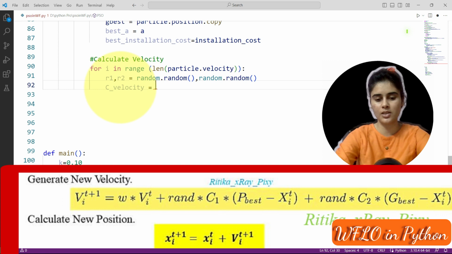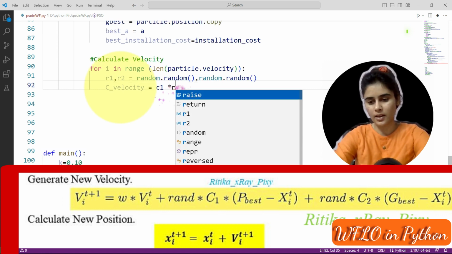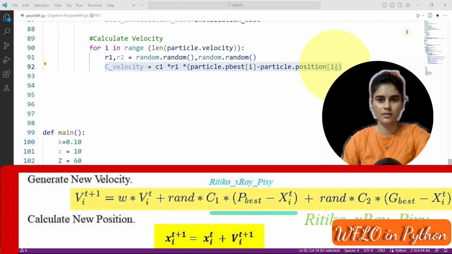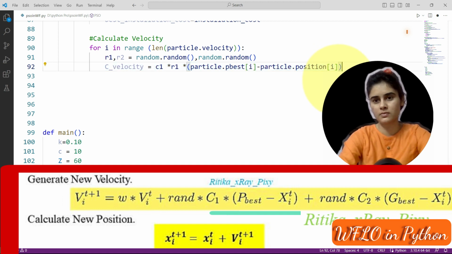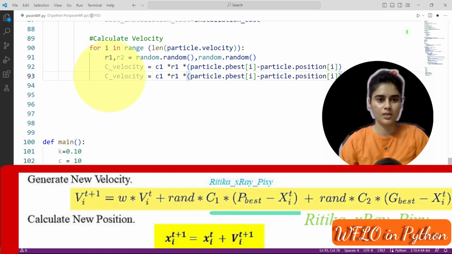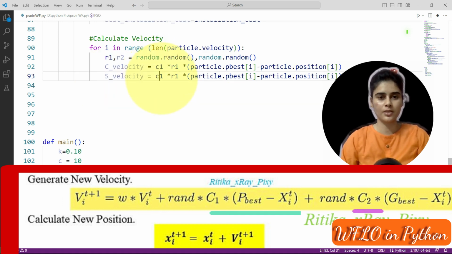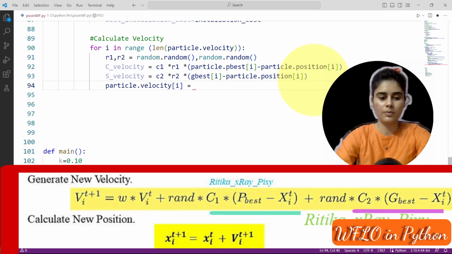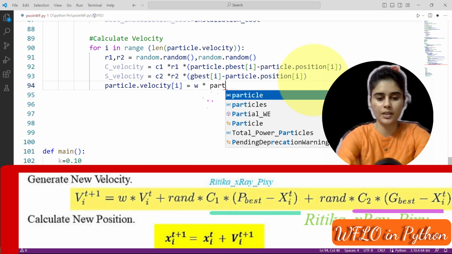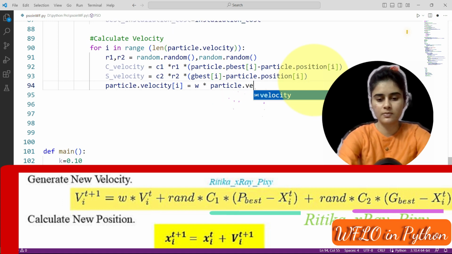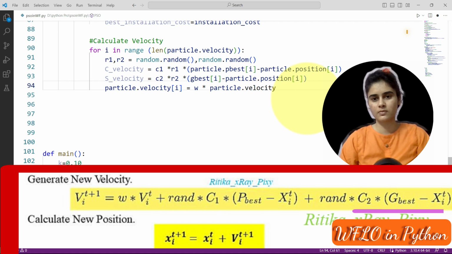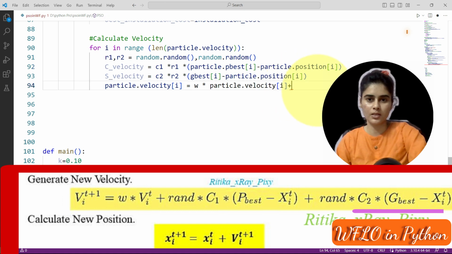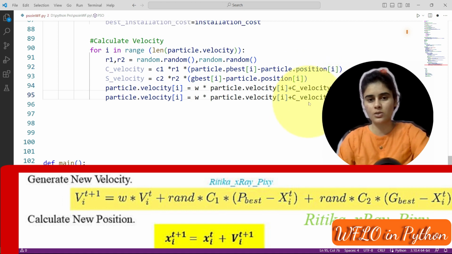First we have this velocity, that is c1 into r1 into personal best. Same for social velocity, we have c2. The velocity is calculated as inertia into the particle's previous velocity plus the cognitive velocity and the social velocity.